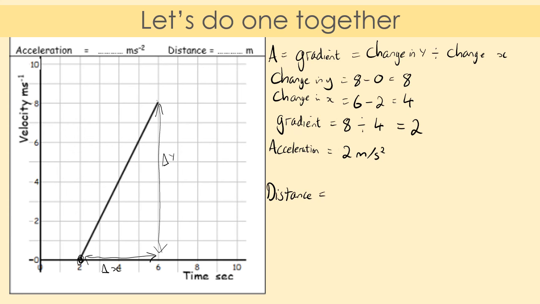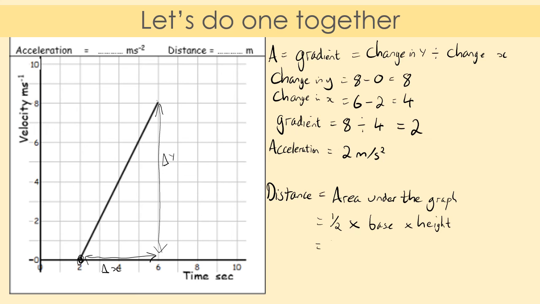And the distance is, how do we work out the distance on these graphs? That's right, well done. It is the area under the graph. Now, we had to do the rectangle. I've not got a rectangle here. That's great. All it means then is I have to work out the triangle. So my triangle is half, or 0.5, times by my base, times by my height,